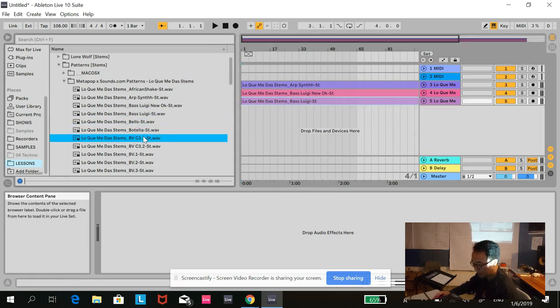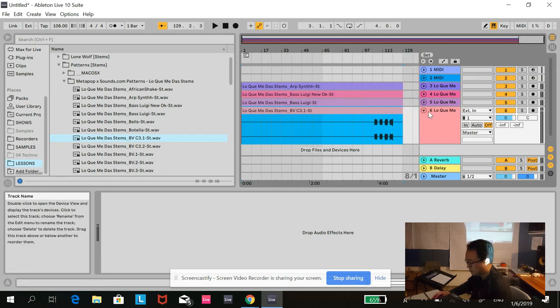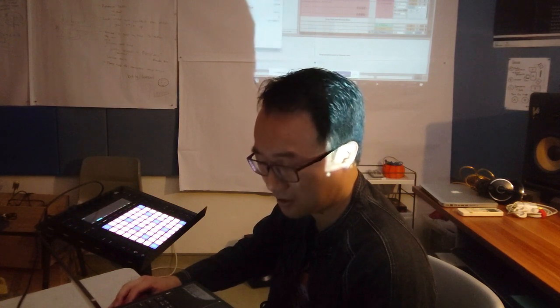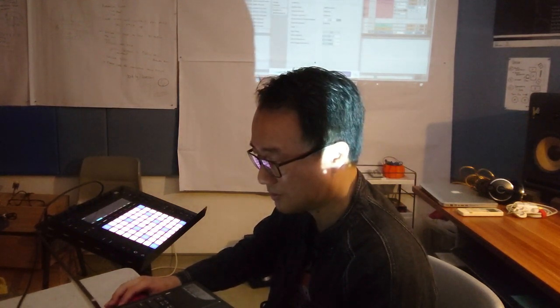Then I will drag in, when you see something like BV, anybody know what it stands for? It could stand for Buena Vista. Backing vocal. And I realized that I need to set this to